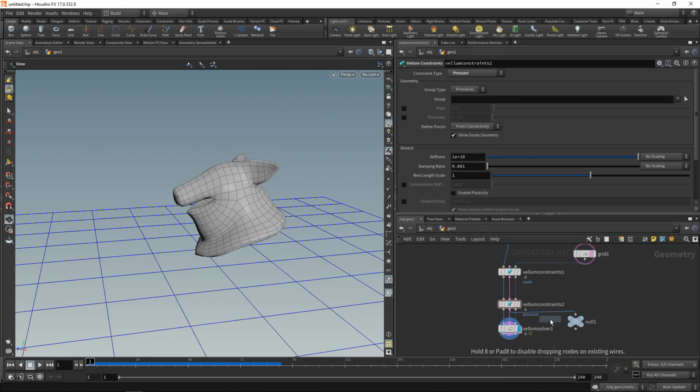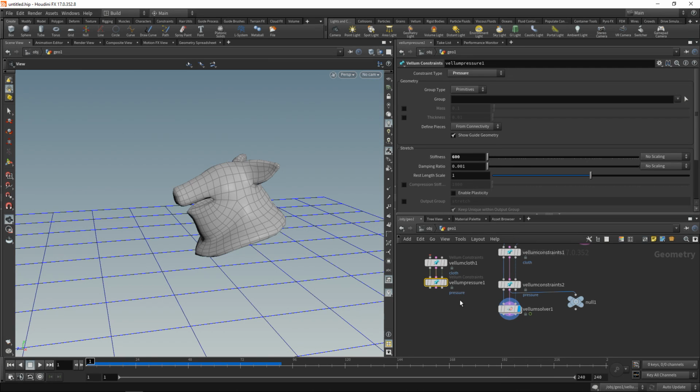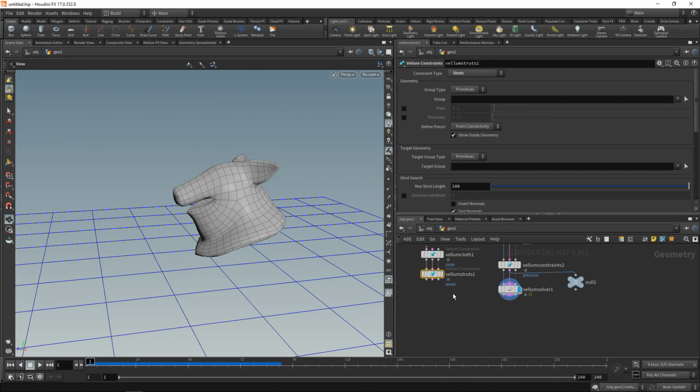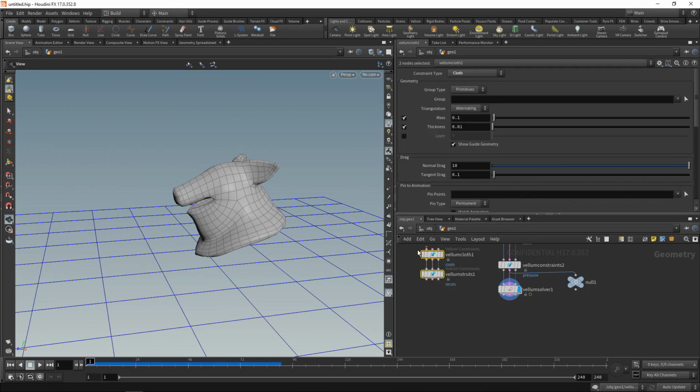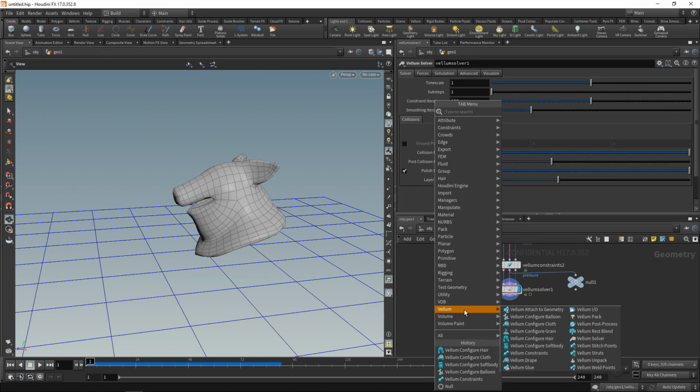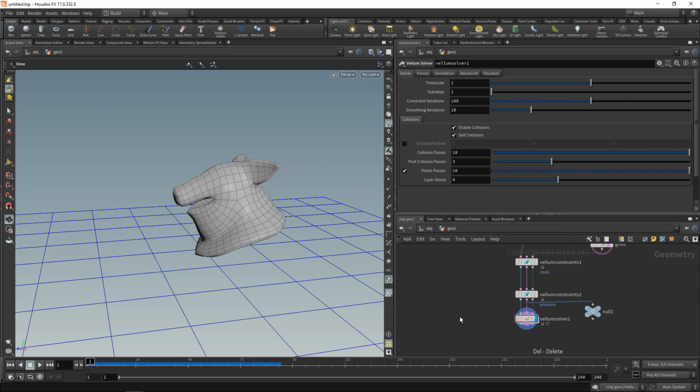For example, configure balloon is a combination of a Vellum cloth and a Vellum pressure, as we did here, and Vellum soft body is a combination of cloth and struts, as we configured previously. Also, there is the pure configure cloth, which is just a simple cloth constraint. There is the hair, which is a simple hair constraint. And finally, from those presets, there is the grain. So Vellum comes with all kinds of presets, which makes it really easy for new artists that dive into this technology to set up simulations that are really simple and kind of performant, definitely faster than previous wire solver or